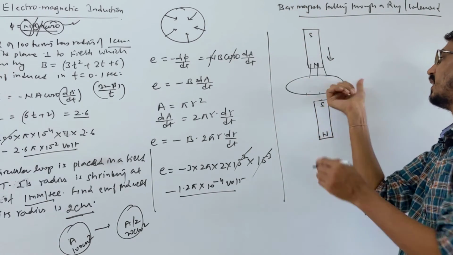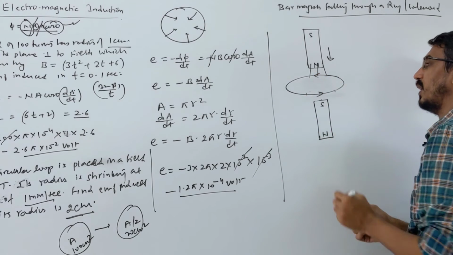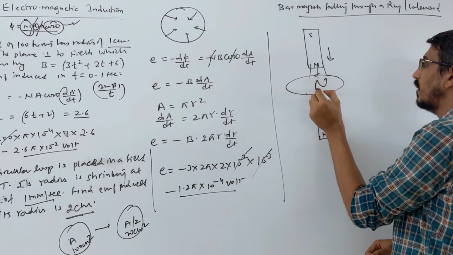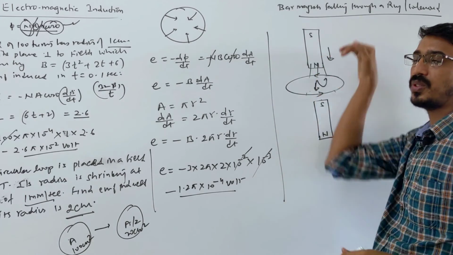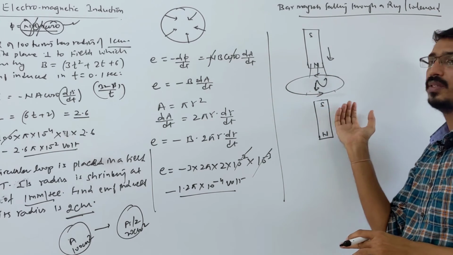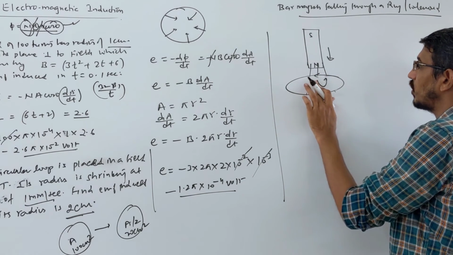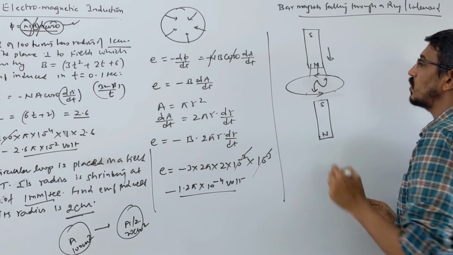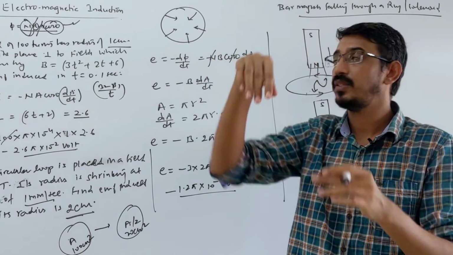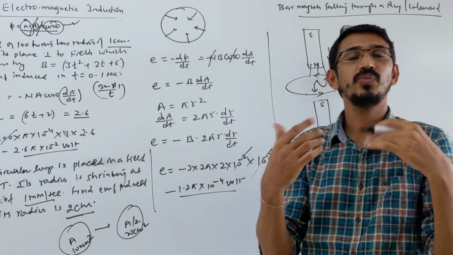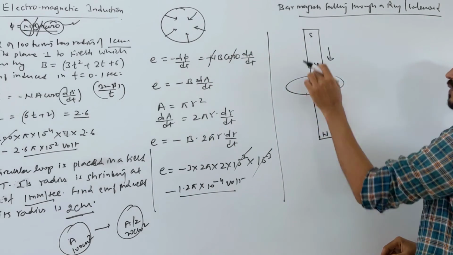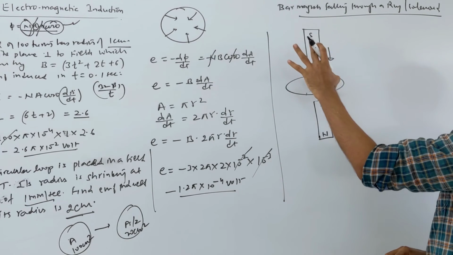Upward, if you grab with your hand, then the current is coming like that if you watch carefully. You can also write simply that a similar pole will be induced on the top surface. If you see the direction of current this way, it is represented by a north pole also. So north pole is coming, so on the top side that you are watching from here, a north pole will be developed. North and north pole will repel each other. Repel each other means the velocity or acceleration of this magnet is reduced.